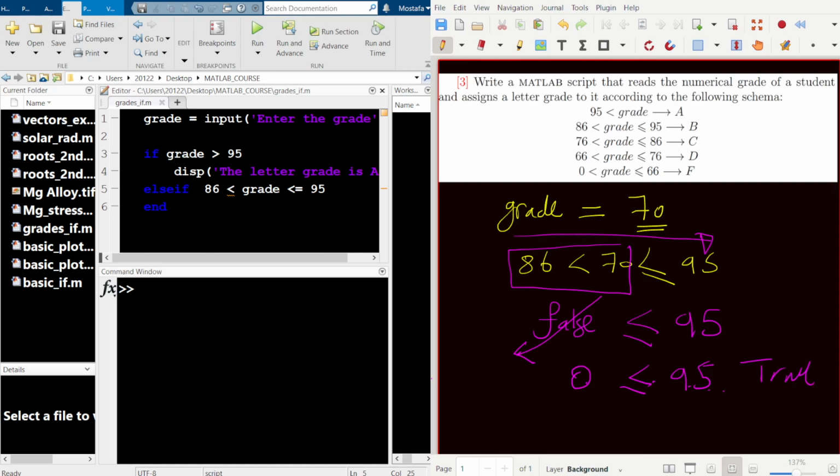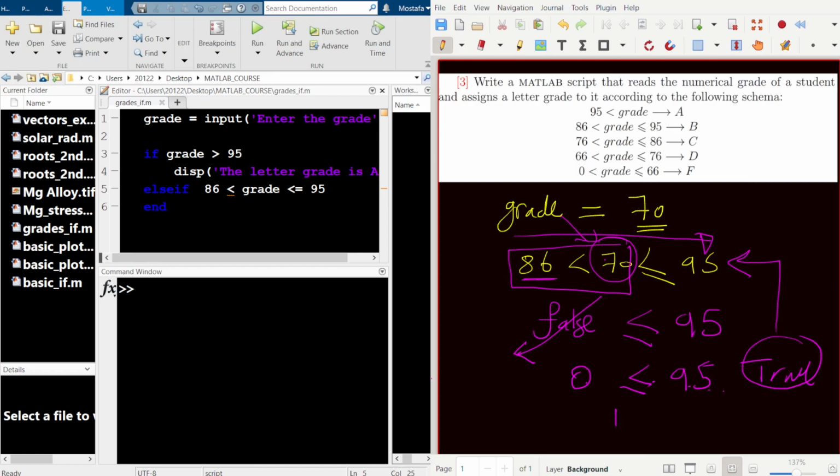So surprisingly, MATLAB will judge this statement as true. In fact, let me tell you something. Whatever number you put for the grade, whether it is greater than 86 or less than 86, the answer will always be true. Because even if you take a greater number, let's say you take 100,